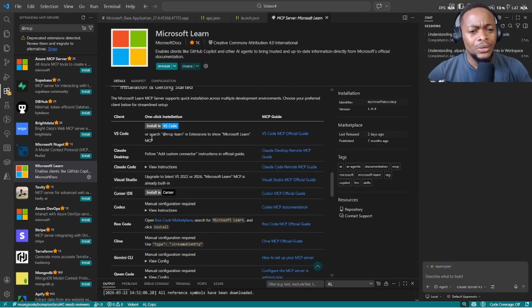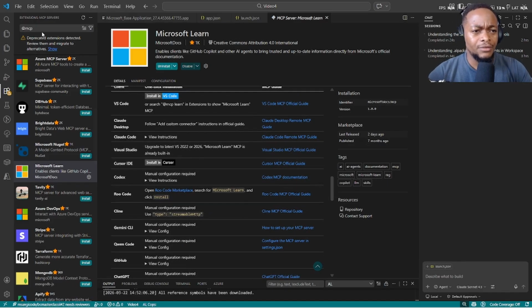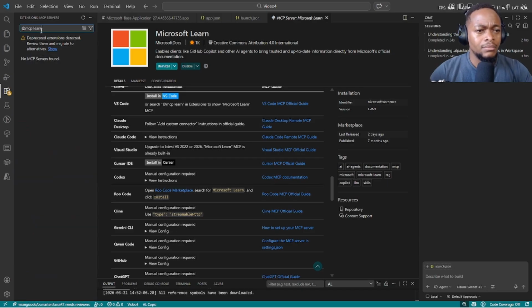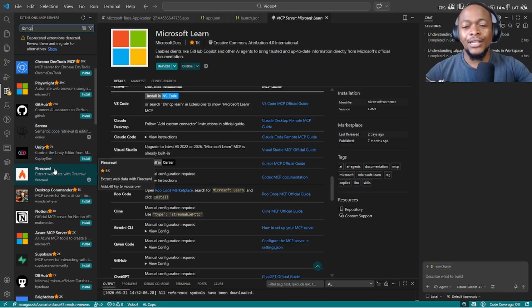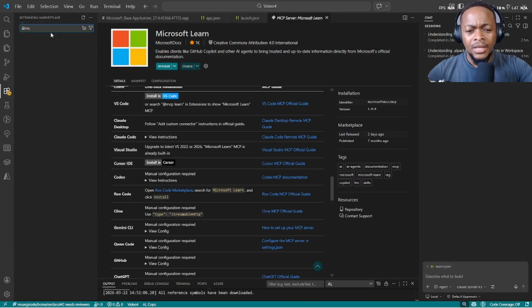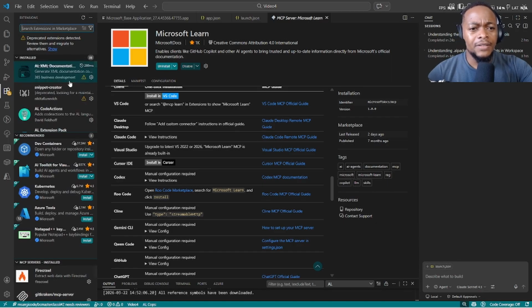And of course, when you type at MCP Learn, you get Microsoft Learn. If you add Learn, it's easier for you to get Microsoft Learn. Can't see it. Okay, the search is not working, but you just use at MCP, scroll down and get Microsoft Learn. So this is the MCP server extension that once you install, ideally you should now have access to Microsoft Learn in your Visual Studio Code for our next